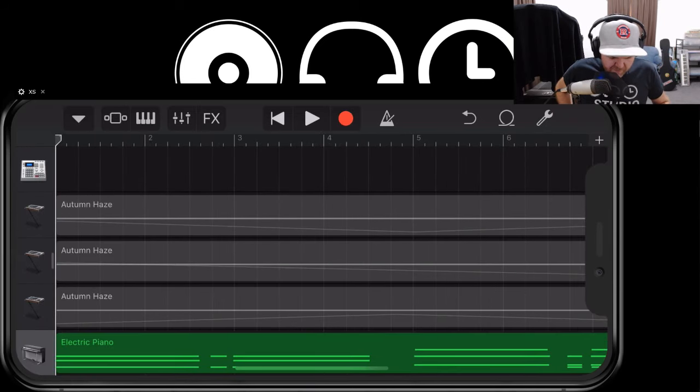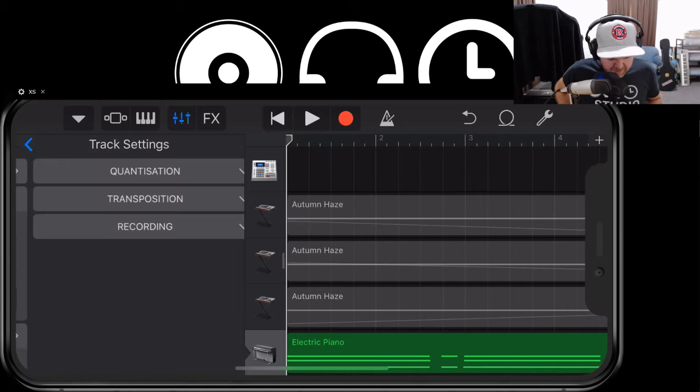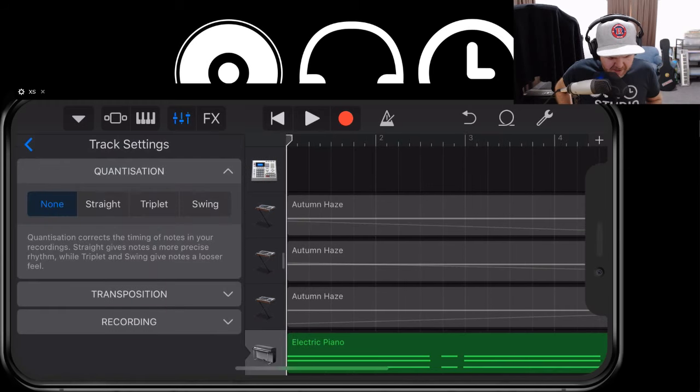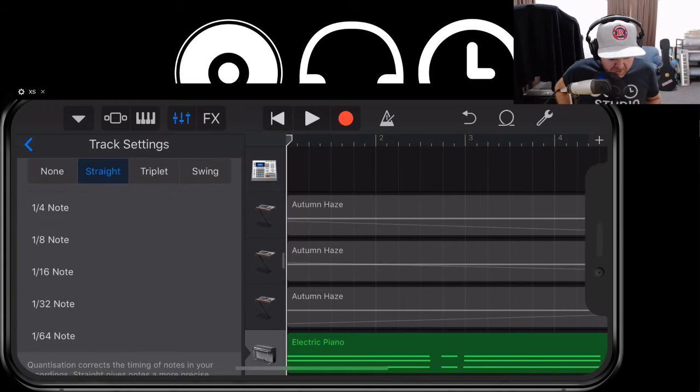And now if we go over into our quantization, let's now quantize this. So we can quantize to any type of note. So we'll quantize down to, say, the 16th note. Basically, if you go to quarter note, it's only going to play on beats 1, 2, 3, 4. So it's going to make it really static, and if you put any expression in your playing, it's not going to work. I usually use something around a 16th note or a 32nd note quantization just to line things up